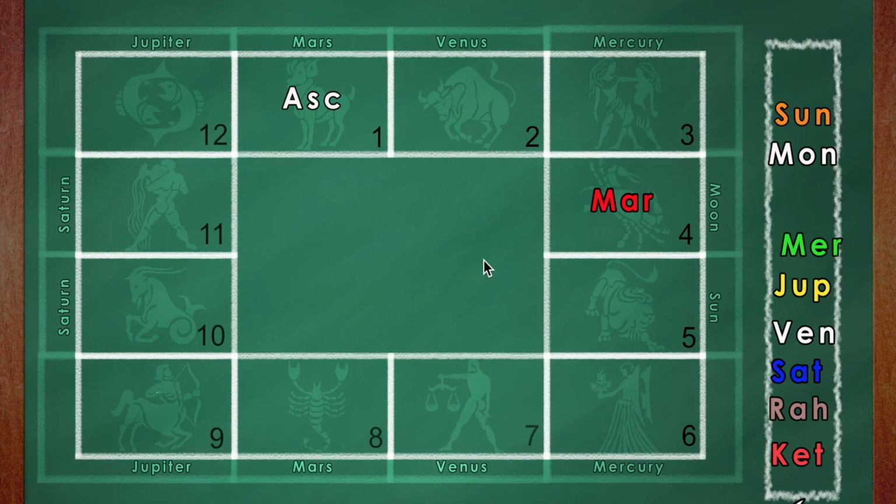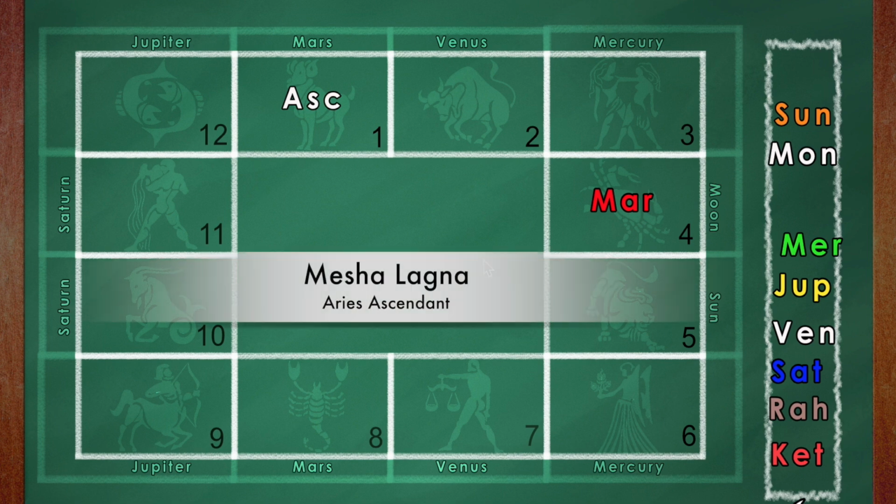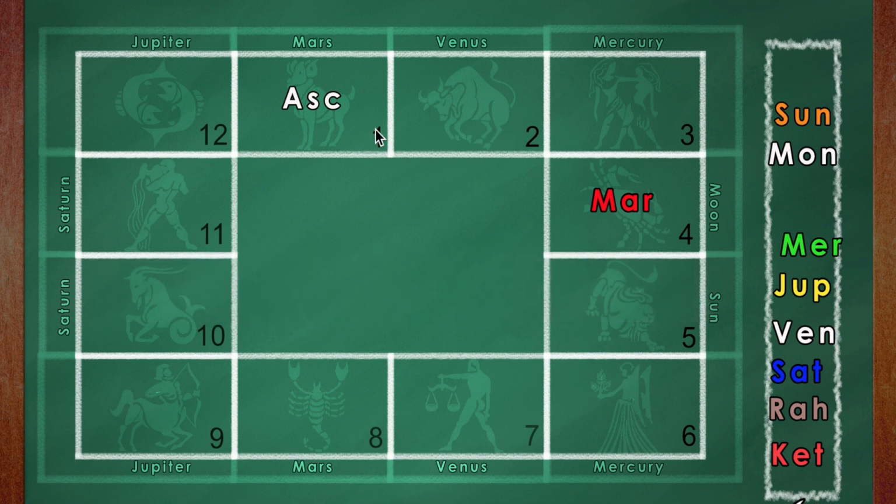There are 12 different ways Mars may be in the fourth house in your horoscope. That's because there are 12 ascendants, 12 lagnas, and the one that I have in front of you is Aries ascendant, Mesha lagna. By now you all know that the ascendant is house number 1. The houses are numbered always clockwise, 1, 2, 3, 4, and this is the fourth house where Mars is. In the next few minutes I'll be taking you through all the 12 possibilities, but the idea of doing this is because each time the effect of Mars will definitely not be the same.